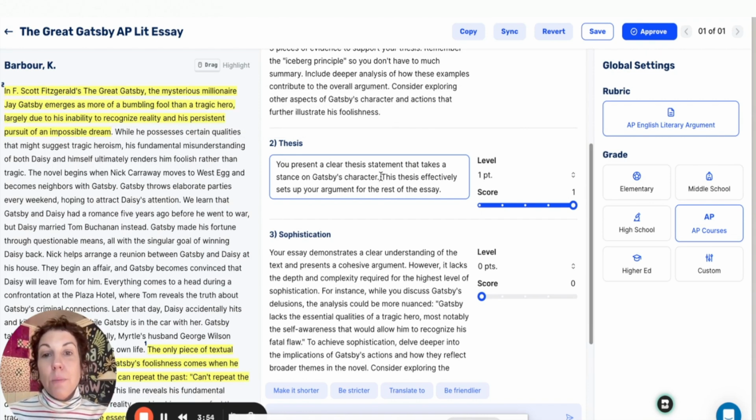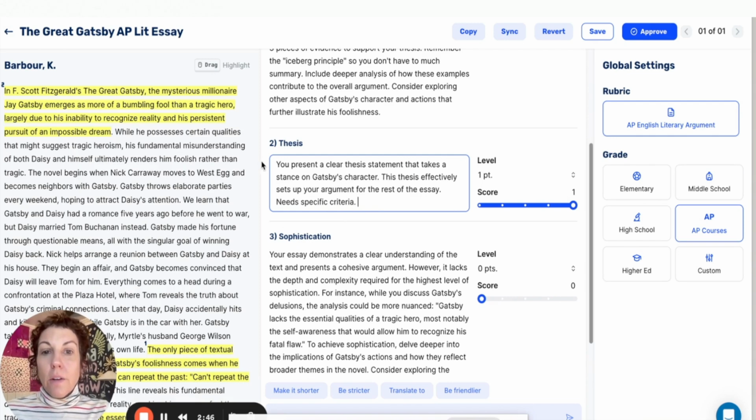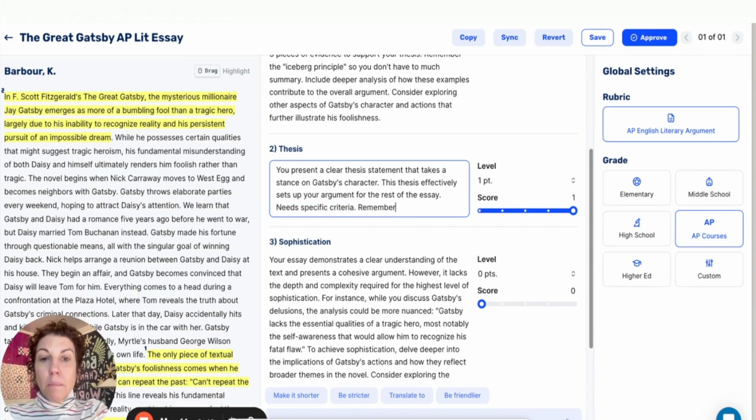And then I'm going to say you present a clear thesis statement that takes a stance on Gatsby's character. I'm going to leave this. This thesis effectively sets up your argument for the rest of the essay. I'm going to go ahead and add in here needs more specific criteria. And then I'm also going to say, remember